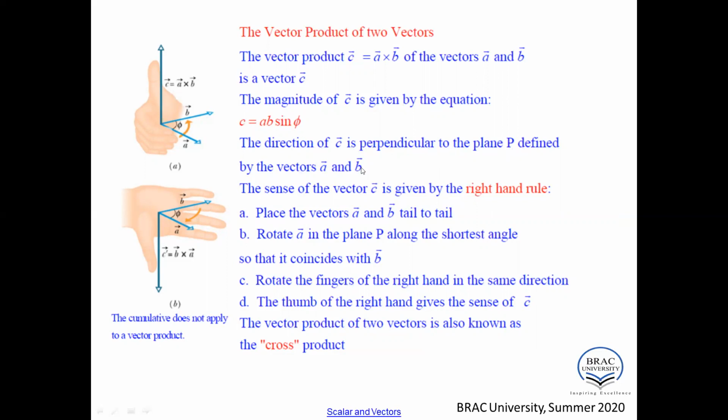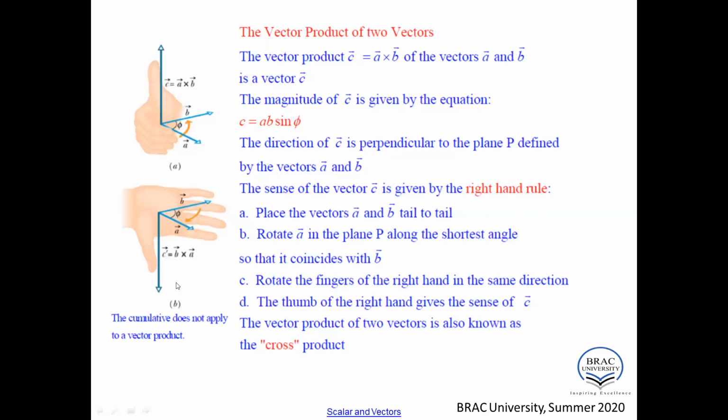Okay, so always, if we consider that vector A and vector B are lying in the same plane, then the cross product of these two vectors, vector A and vector B, has a direction perpendicular to this plane. To calculate the direction we can use the right hand rule. If we move from vector A to vector B, then the direction of this vector represents the cross product.